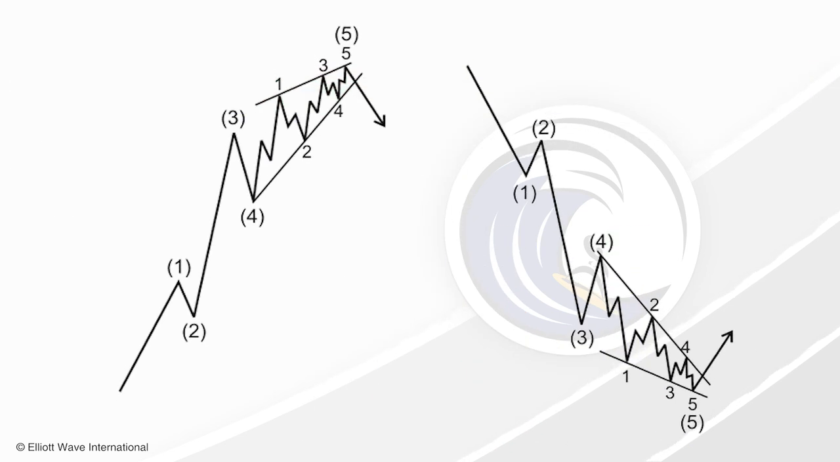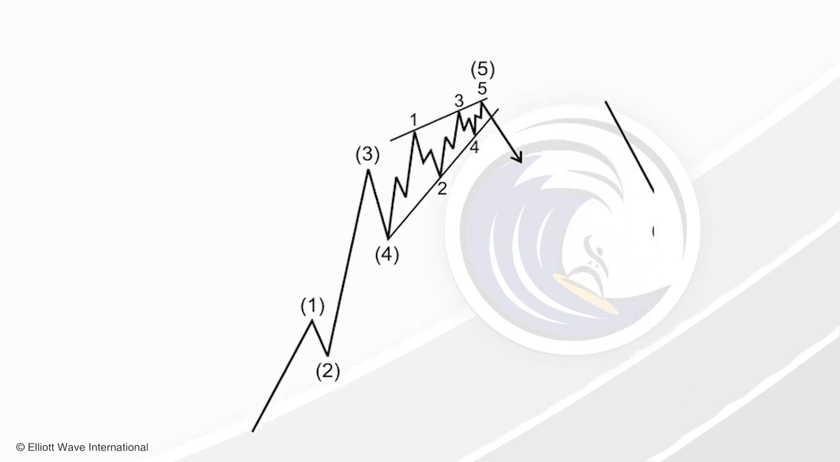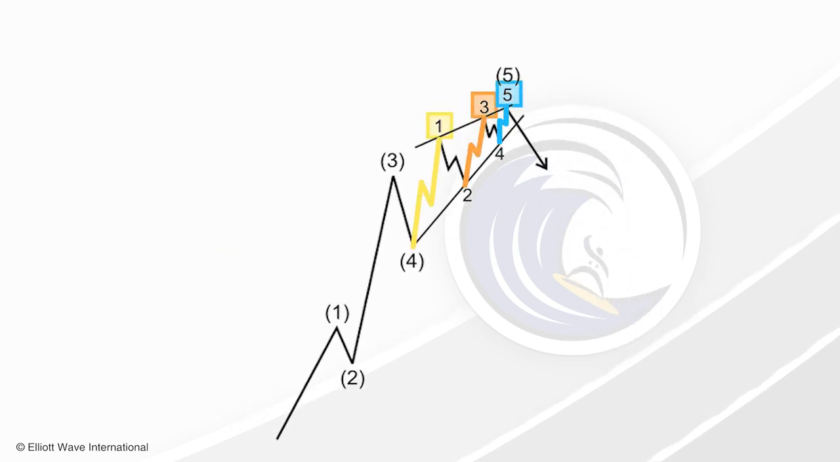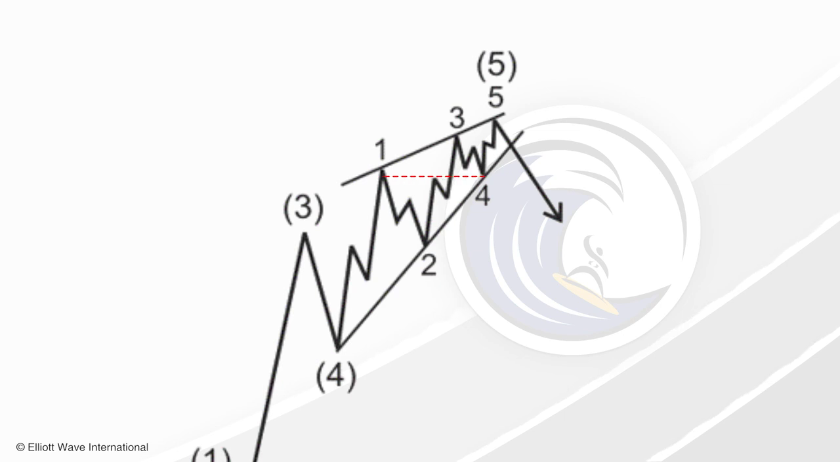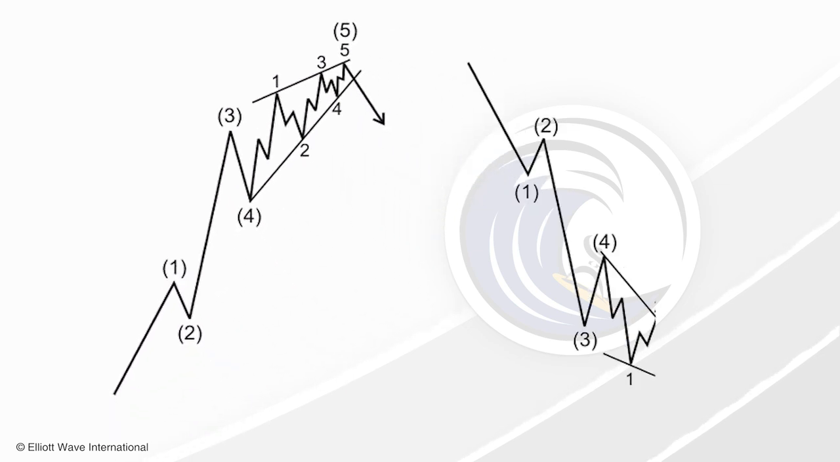The second type of motive wave is called the diagonal. Unlike the impulse wave, waves 1, 3, and 5 in the diagonal subdivide into 3 waves, not 5 waves. And in the diagonal, wave 4 does overlap the price territory of wave 1. The diagonal has a wedge shape, as seen here on this chart, in a bull market, and on the right side, bear market. It is bounded by trend lines that connect the termination points of waves 1 and 3 and